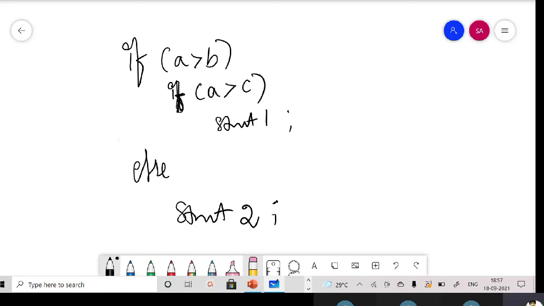Okay, in which case do we omit the braces? No need to write the braces if that particular if block contains only one statement, a single statement, right? Very good. So in that case, no need to write the braces. This is the kind of situation where we didn't write the braces. Okay, so this particular problem is called the dangling else problem.